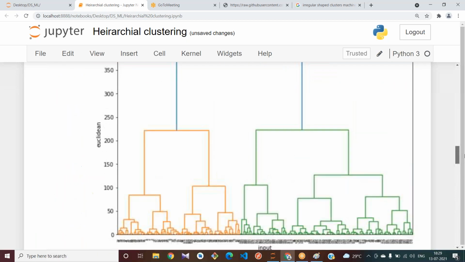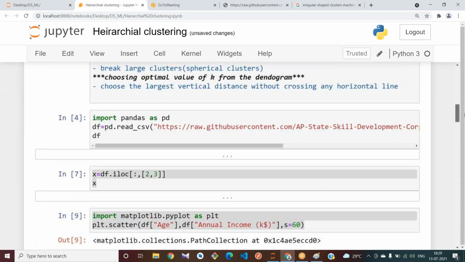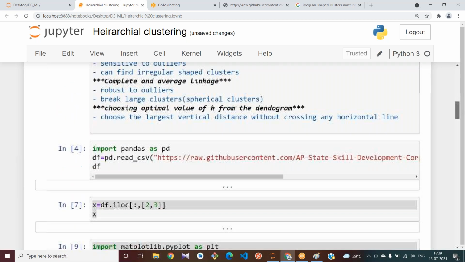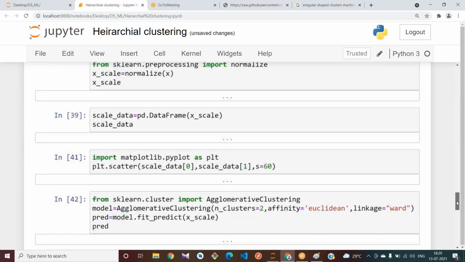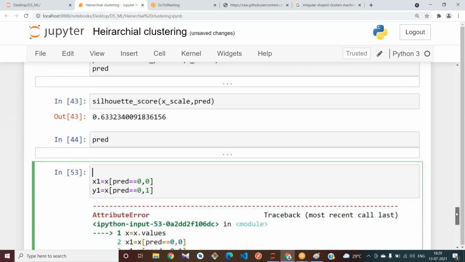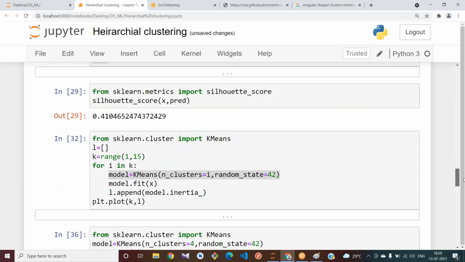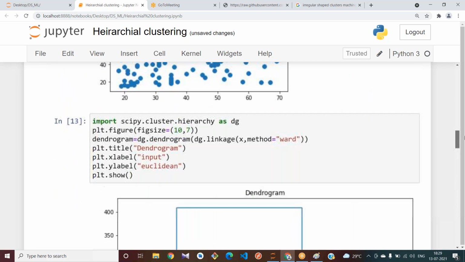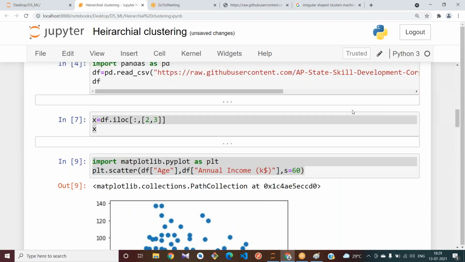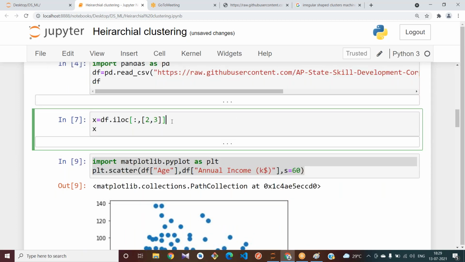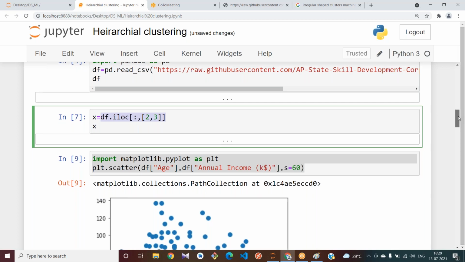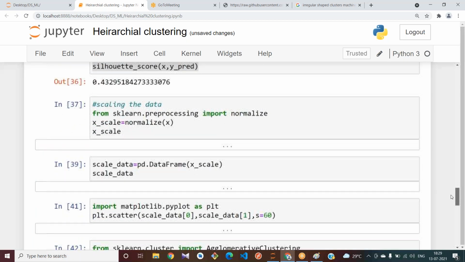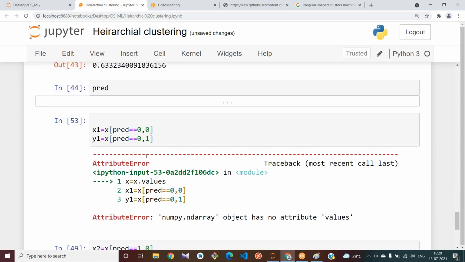Where is my original data frame present? In the df, right? Somewhere I have used X, X1.